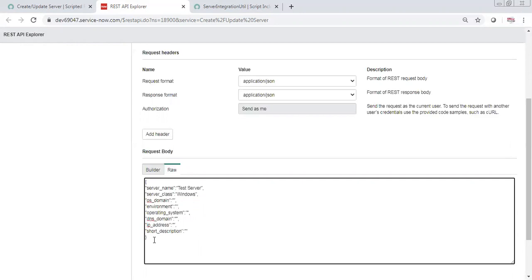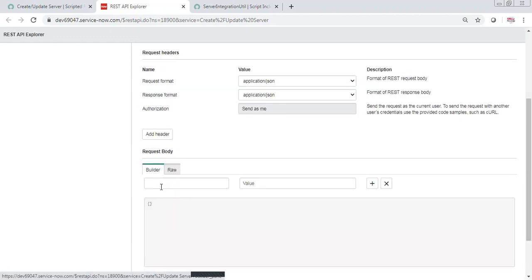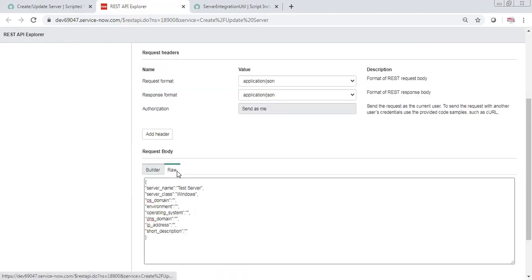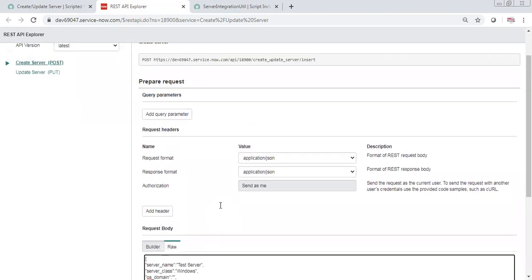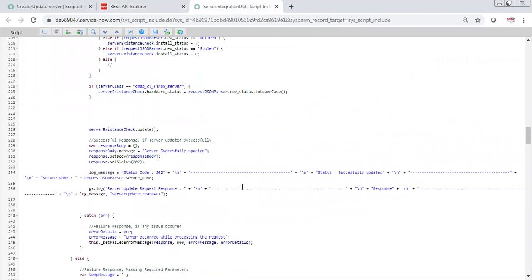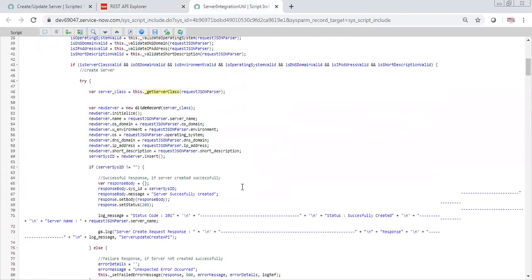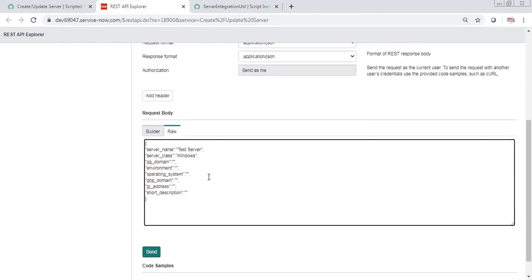But what about the builder? I mean, did we use a builder in the table? Here we don't have one. Okay, so we're not using a table at all here, right? Yeah, we are not using one. We are just writing everything in code. Do you see a table anywhere? No. So in the code itself, we are getting the table and then GlideRecord and inserting the record. That is what we are doing.